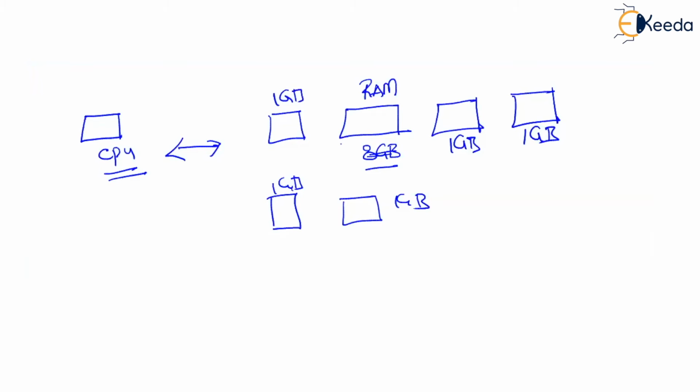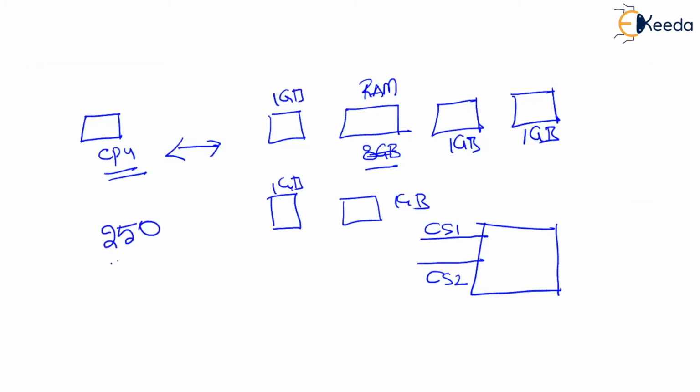That is the reason why every RAM chip, which looks like this, will have two chip selectors, that is CS1 and CS2. What is the relationship between dividing the RAM chips and having two chip selectors, CS1 and CS2? The thing is very simple. Let us say the CPU wants to transfer information into RAM. The CPU wants to transfer the value of 250. This 250 must be sent to only one of those ranks. It cannot be written into all the ranks.